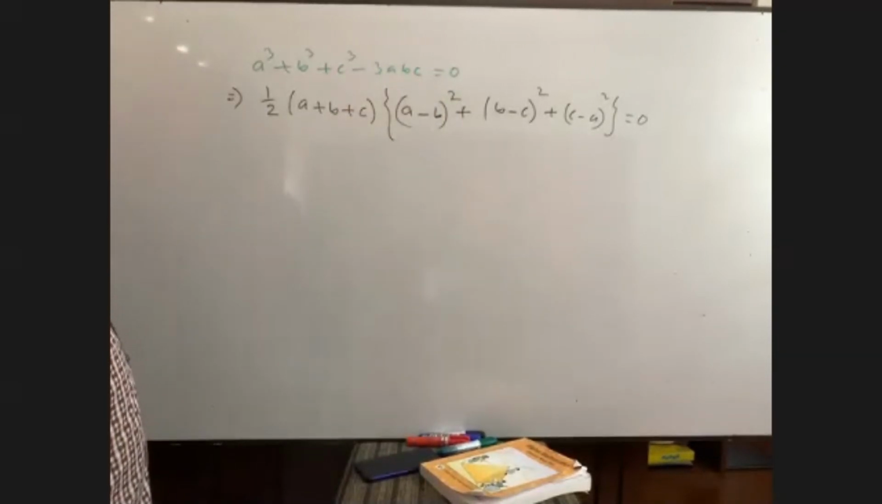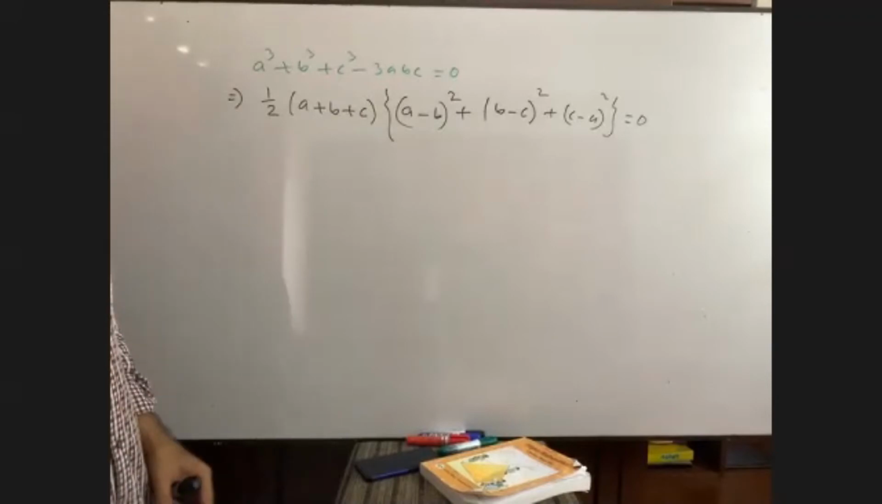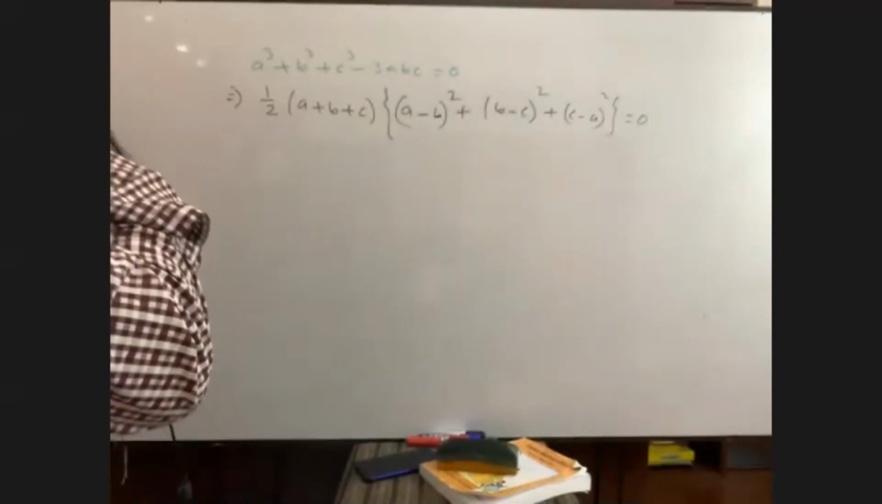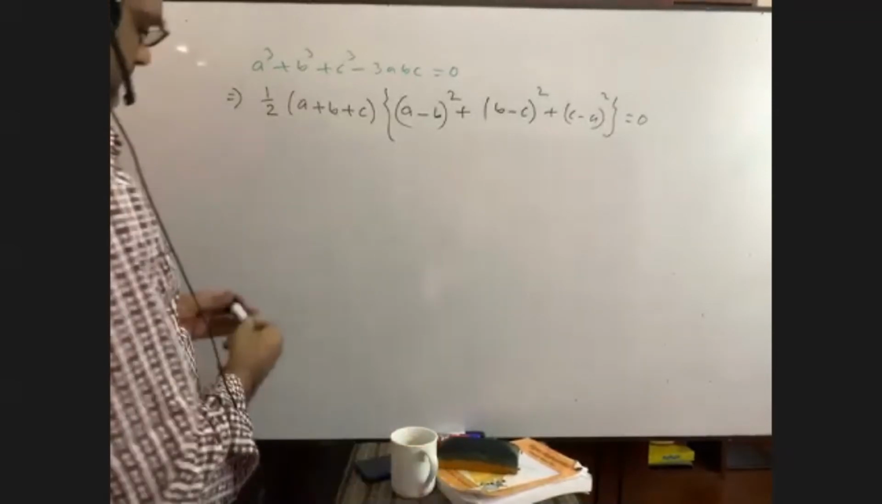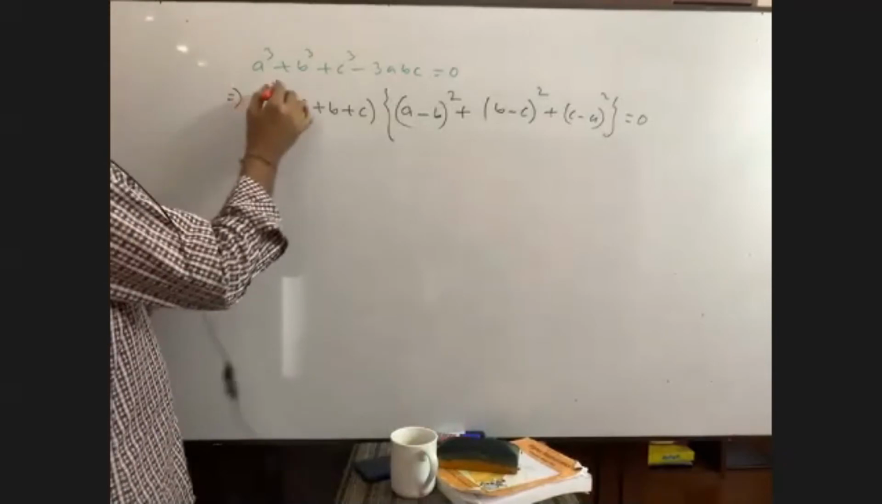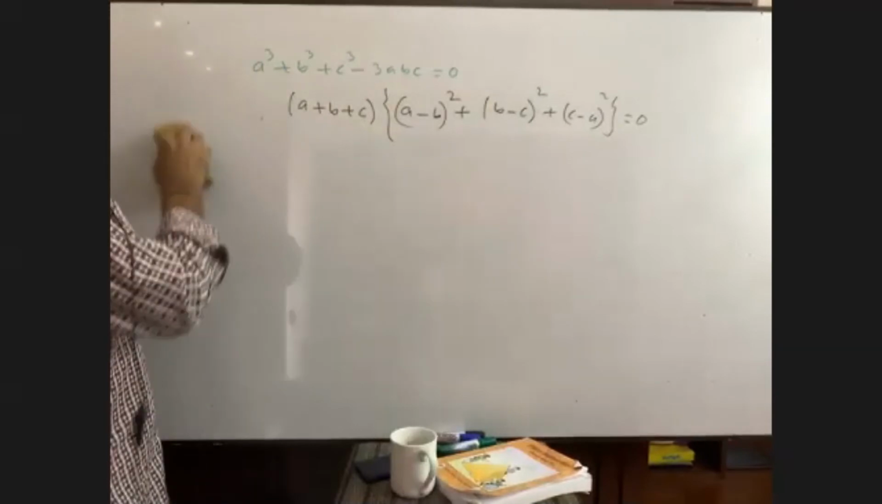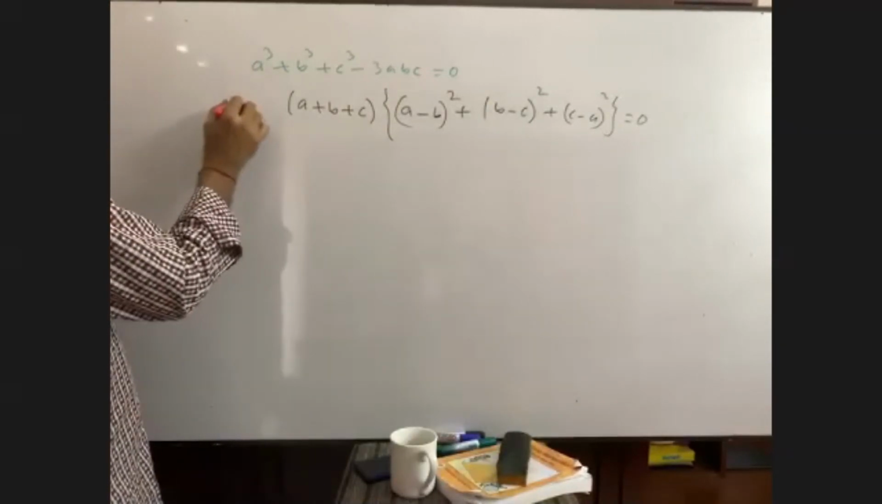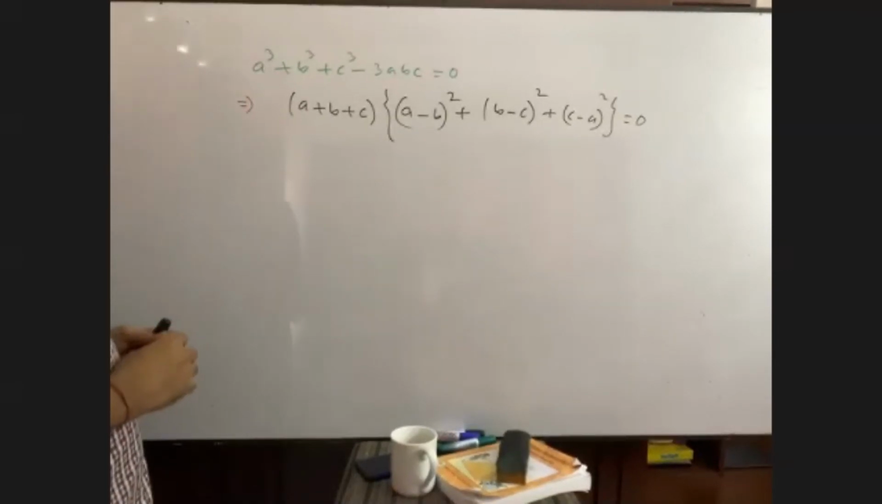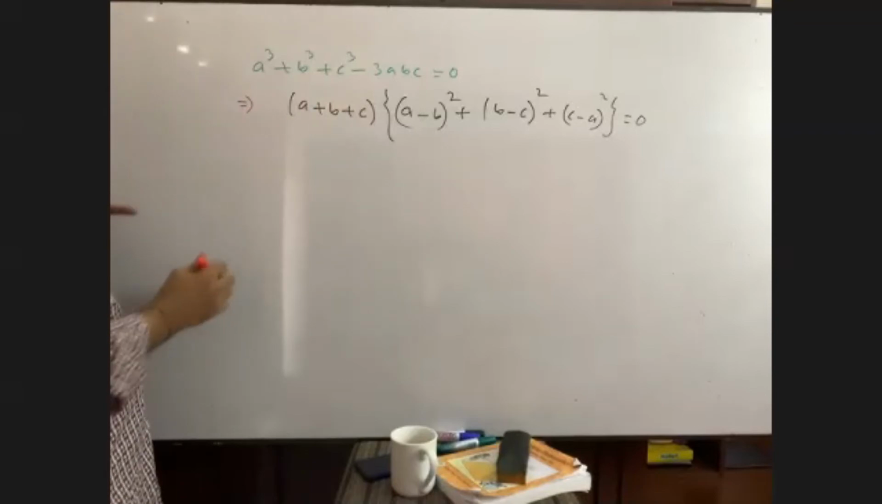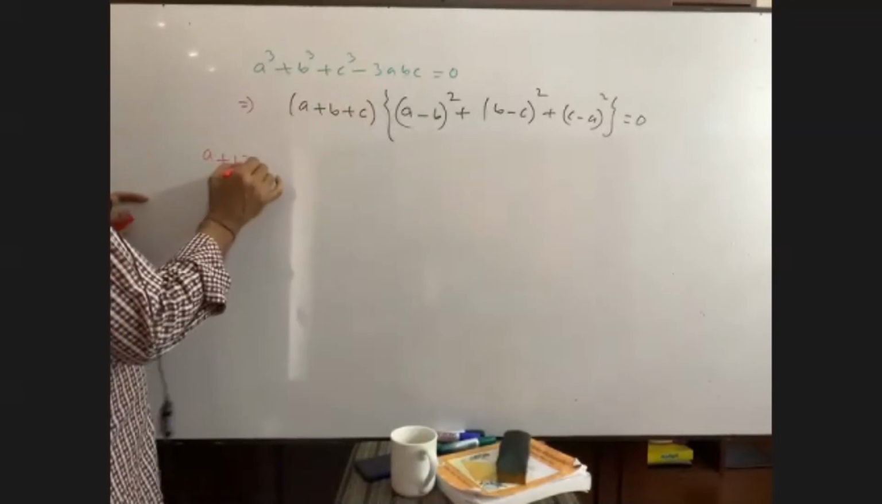So, just 1 second. So, done. Okay. Now you see, if this half is taken to the right hand side, in the next step, can you write this? That half is not anymore. Yes, we can. So from here, we can write down a plus b plus c equals to 0,